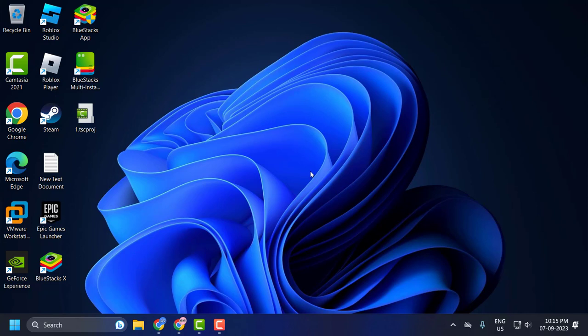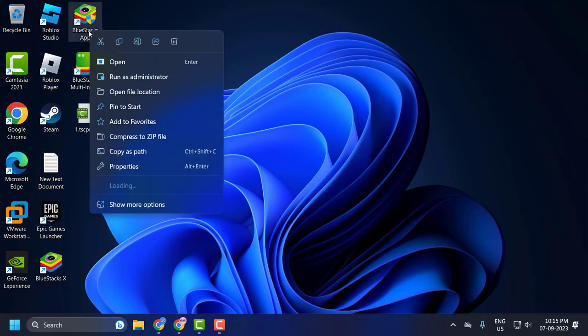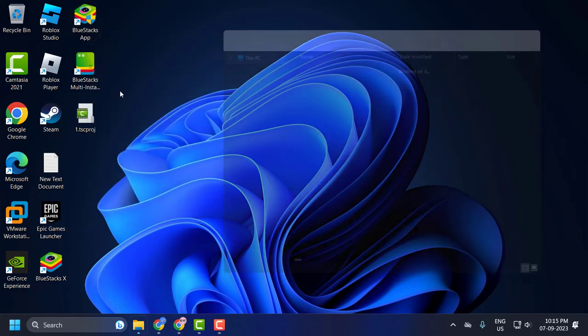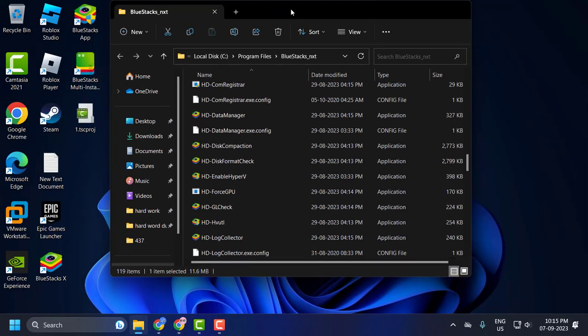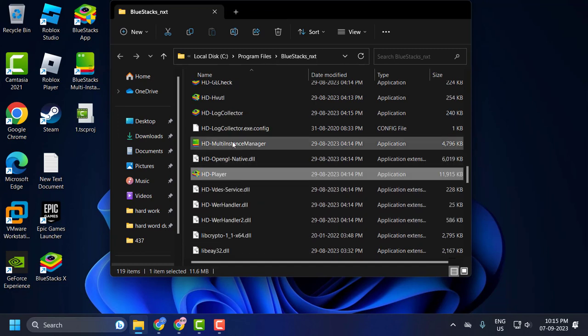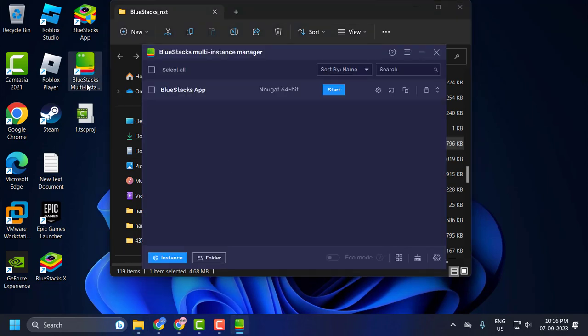First, close BlueStacks. The first step: if you can't find the multi-instance manager, then you just need to right-click on the BlueStacks app and select open file location, and now double-click on the HD multi instance manager. The two applications are the same, guys. If you can't find the multi instance manager on the desktop, then you need to open it like this, and now click on